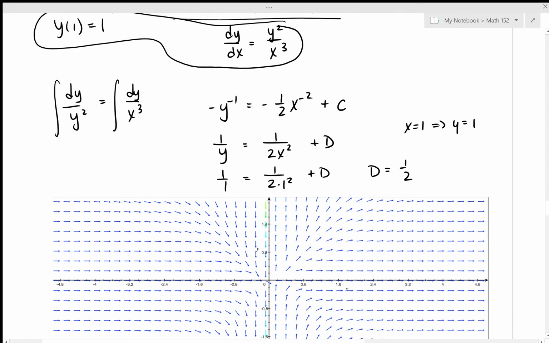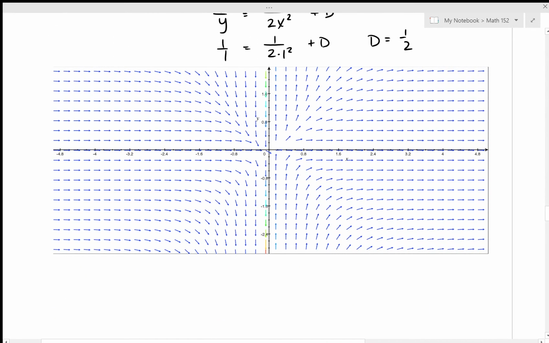Okay, so now we have a solution that looks like this to the initial value problem that we were given in words. It looks like this. Okay, and then maybe we want to write that slightly nicer. We could do a little bit of algebra and write it like this. Okay. And then we have a direction field, and we could see that depending on our initial value, we get